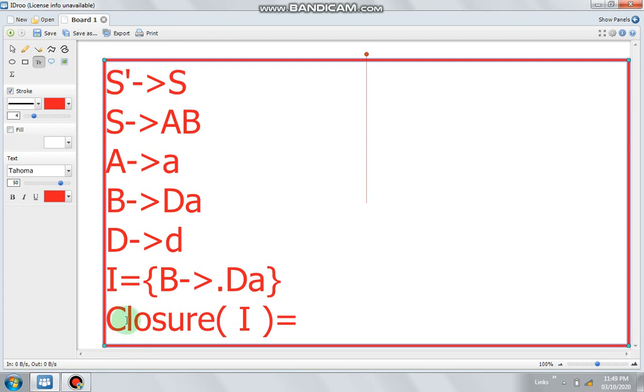In closure of I, first of all, include all LR0 items that are already in set I. So this is an LR0 item, so first of all we will include this item itself.